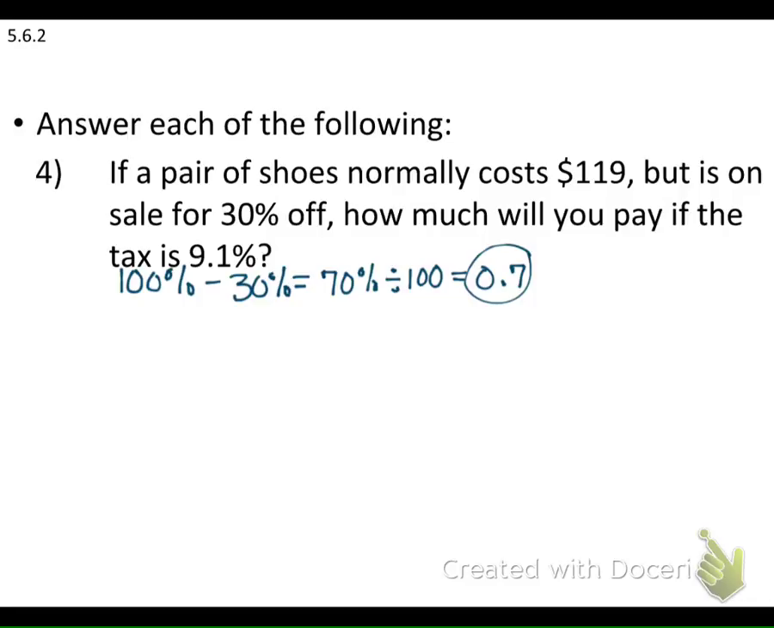So we're going to start at 100% for every multiplier. You start at 100%, then you have to deal with the other percent. We did the 30, so now it's taxed at 9.1%. If it's taxed, is that going to be a plus or a minus? Plus. Okay, so 100% plus 9.1% equals